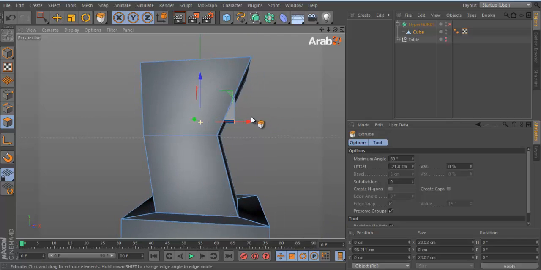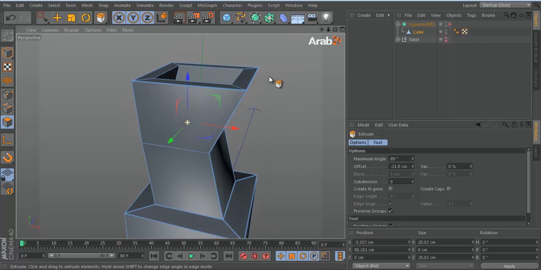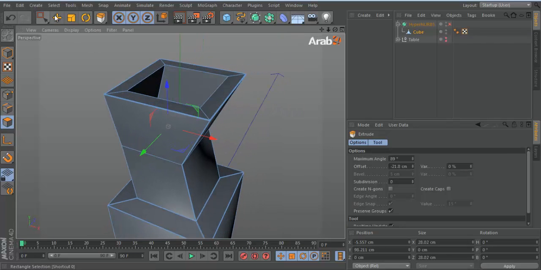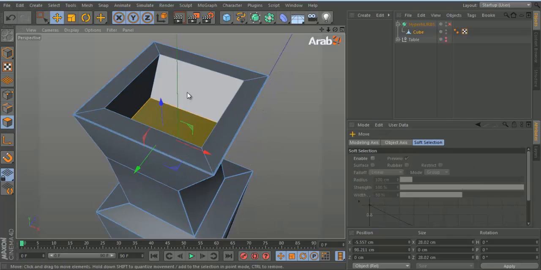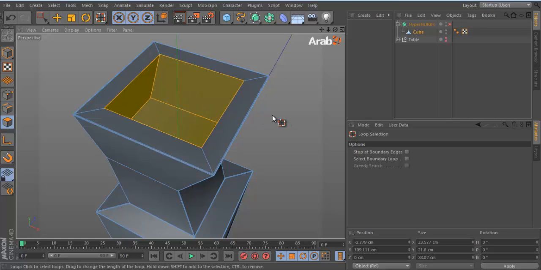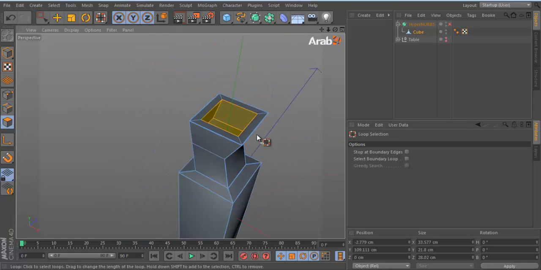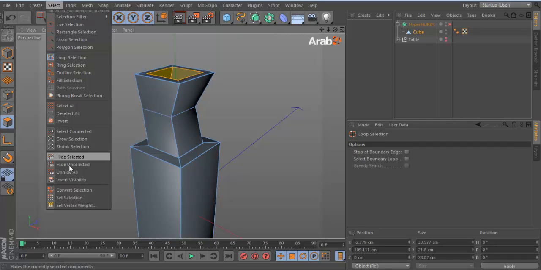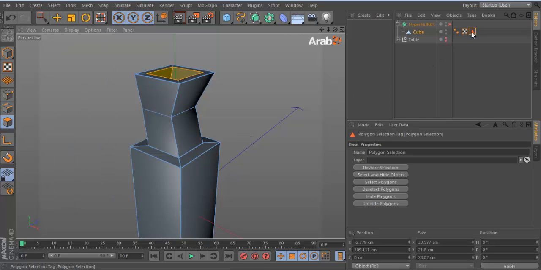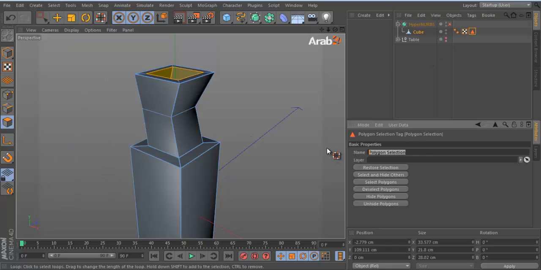So we just get this in here. Actually, let's select the inner polys and make a selection for the materials. This one we call colors. Okay,